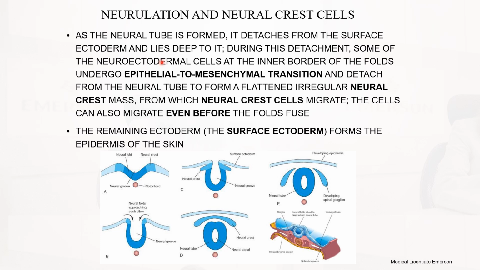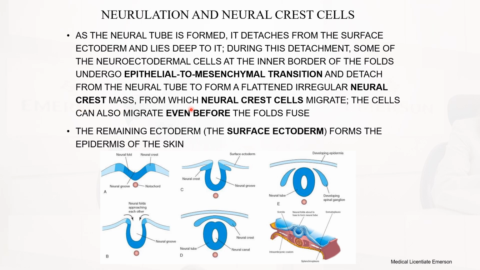Okay, so this was what we were talking about. After the animation, since we have seen what was happening, let's now look at the theory part. As the neural tube is formed, we said it detaches from the surface ectoderm and lies deep to it. During this detachment, some of the neuroectoderm cells at the inner border of the folds undergo epithelial to mesenchymal transition and detach from the neural tube to form a flattened irregular neural crest